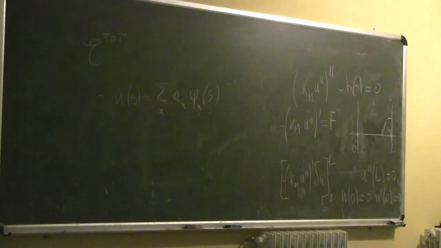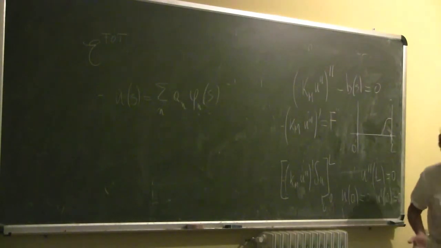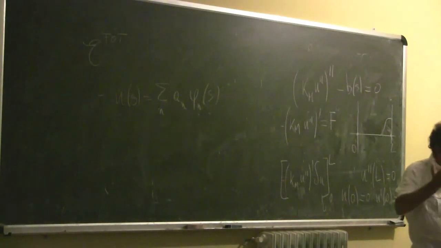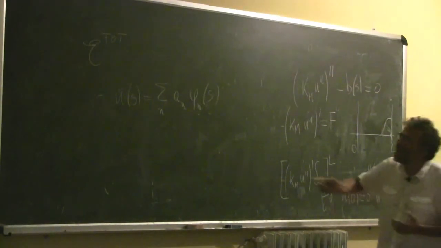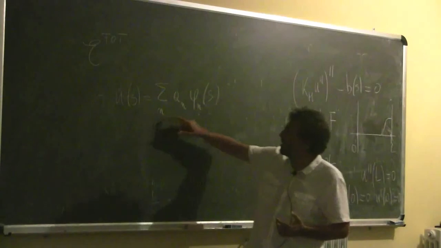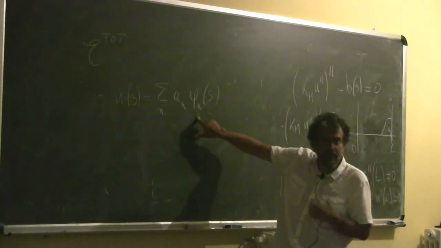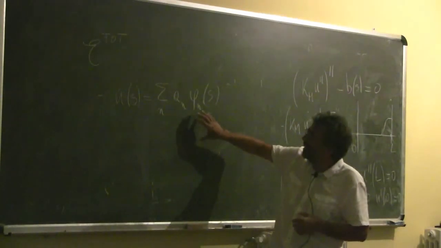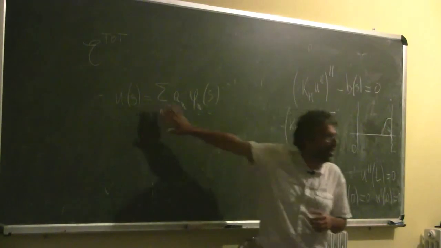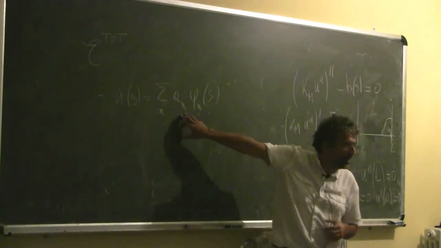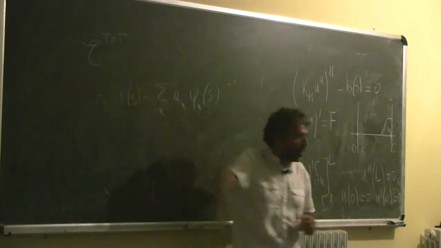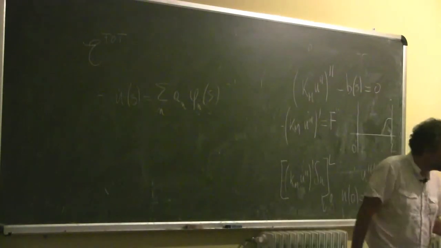You say, I have a powerful computer. I don't need to think. I write u(s) equal this summation, then I calculate the second derivative of this, I place inside the expression of E total, and